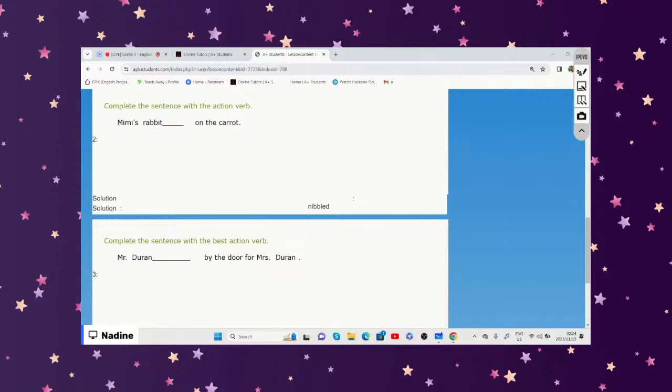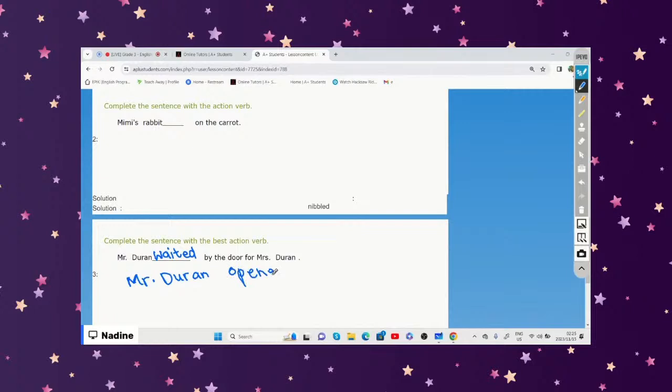Opened is also correct, but if you look specifically at the wording of the sentence, right? So we're going to go with waited. You can say waited or waiting. So it said Mr. Duran waited by the door for Mrs. Duran. Opened is also correct, but if we look specifically at the sentence, then it says Mr. Duran opened by the door, right? So we can then make our own sentence and say maybe Mr. Duran